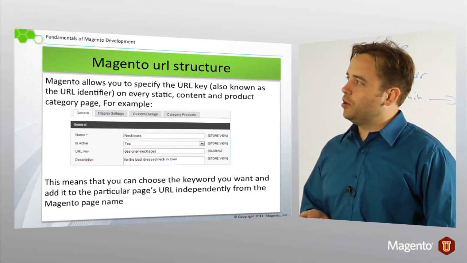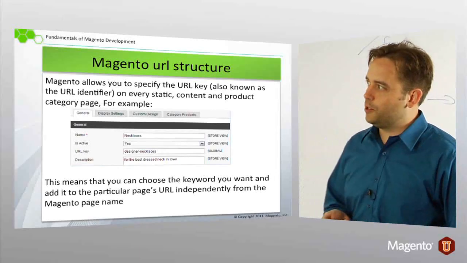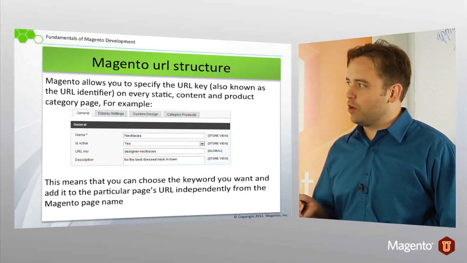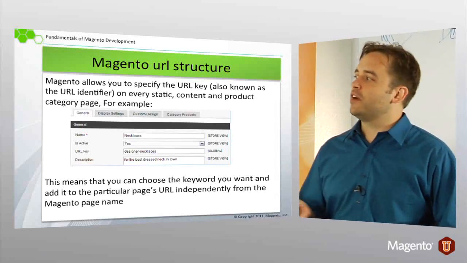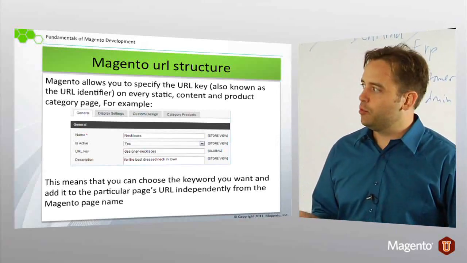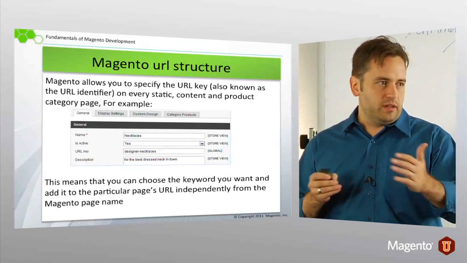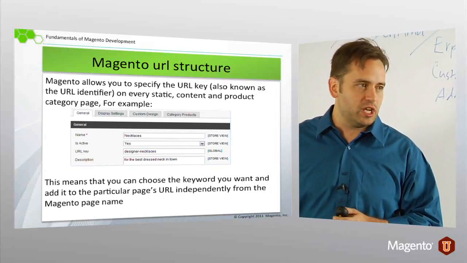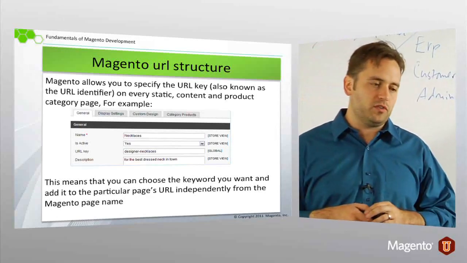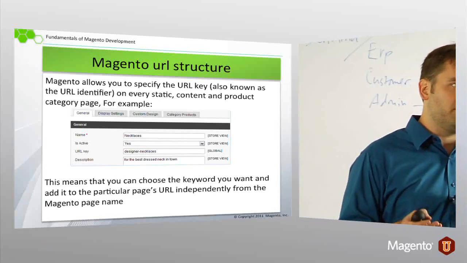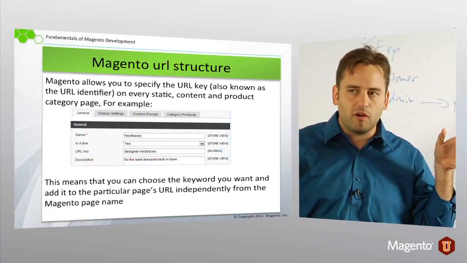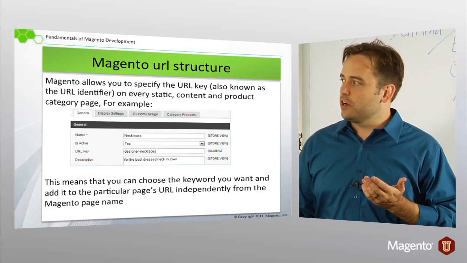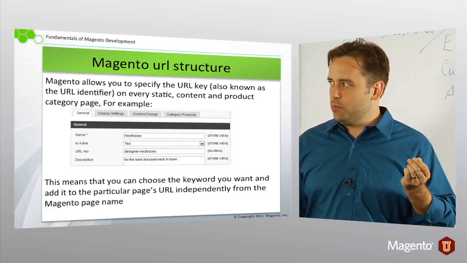URL structure. Okay, so I already explained, I think, how Magento will take in your category. For example, you can specify this URL key, and this URL key will be used in part with some other configuration settings, such as a suffix, whether you want to add .html, for example, and whether you have Magento configured to have a store code added to the base URL, all sorts of different settings. But this here will be unique in a store scope,